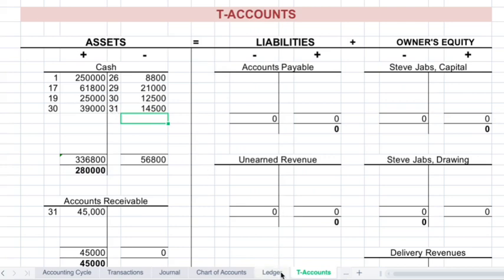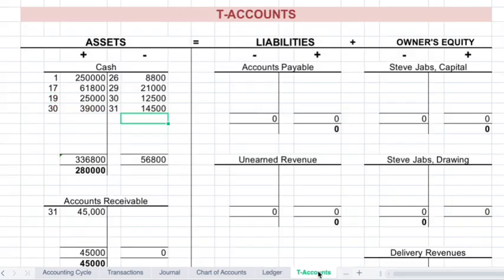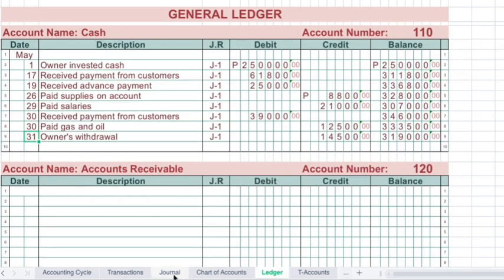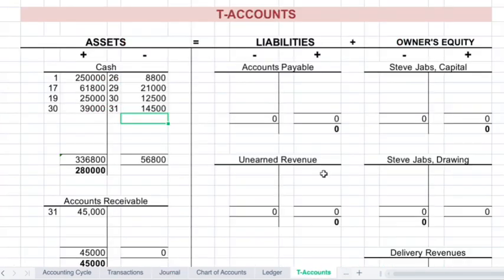Okay. Again, class ha. Dito ko lang tiningnan kasi para mabilis, kasi same lang naman sila ng T account. Pero if I don't have this one, so I should look at the journal. Okay? Gaya ng ginawa natin kanina. So, T account is the simplest type of ledger. So as you can see,